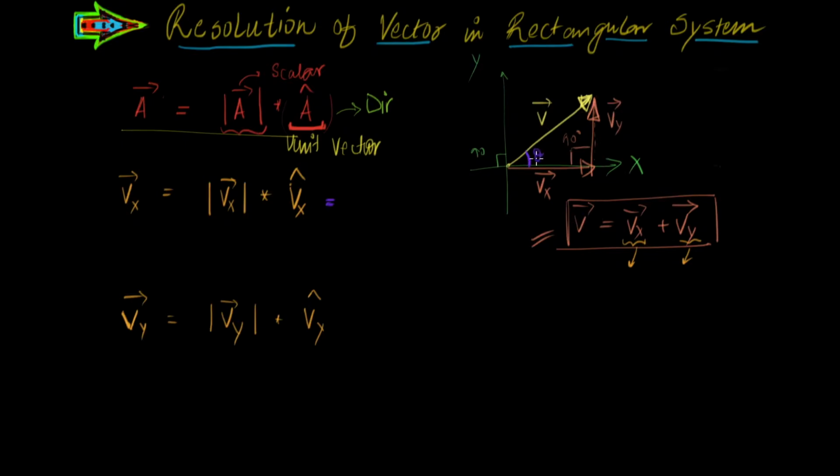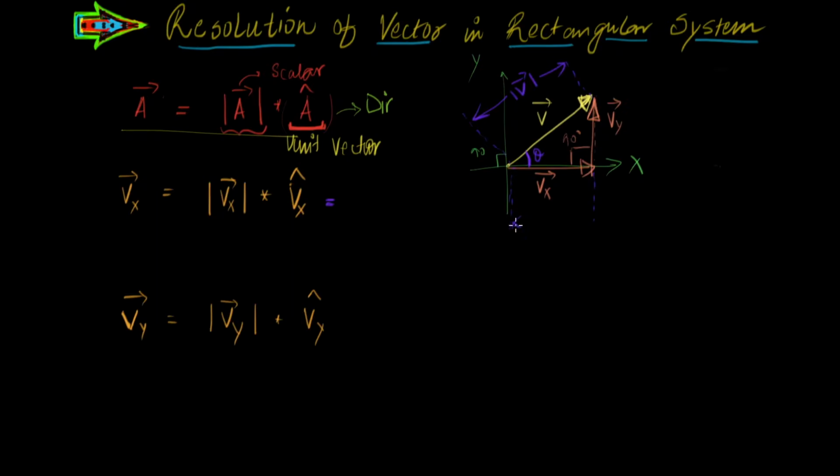So with this angle as theta, this length here as modulus of v, and this triangle here has 90 degrees, we can write that this length here would be the modulus of vx, and by rules of trigonometry, this should be the same as